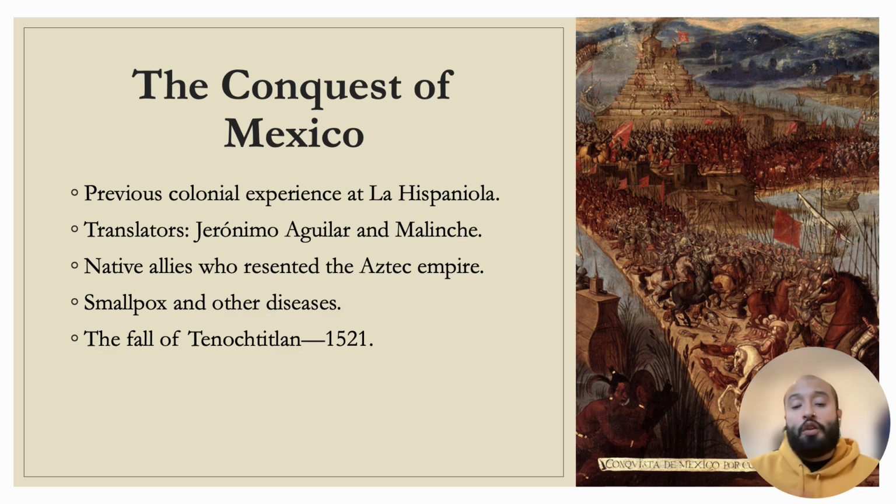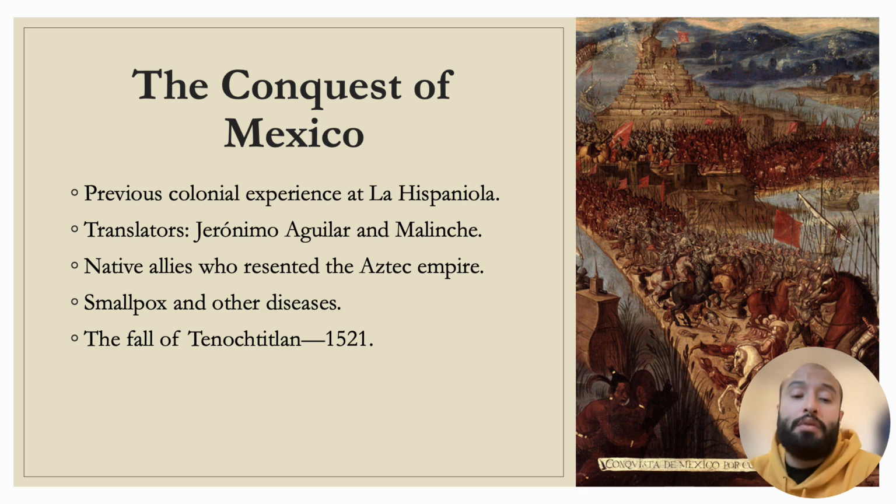So when the Spaniards moved to the Americas and started the conquest of Mexico and other areas, they also brought diseases with them. Don't think about this as a purposefully used weapon of war, right? It's just something that they're bringing with them. They have diseases in circulation, such as smallpox. And the thing is that the indigenous inhabitants of the Americas had not built up immunity against smallpox, chickenpox, measles, and other diseases that the Europeans brought with them.